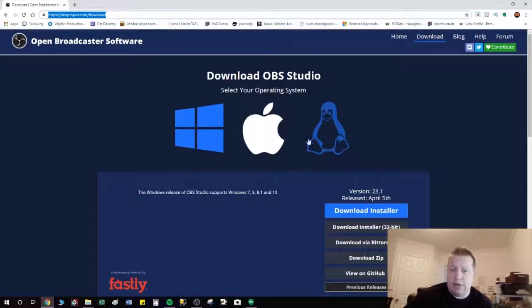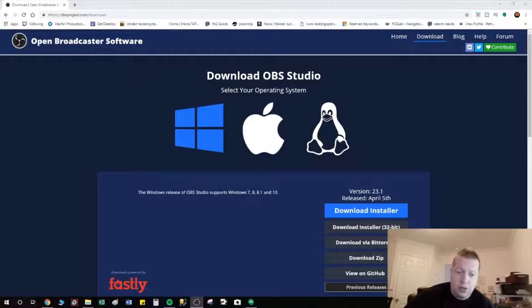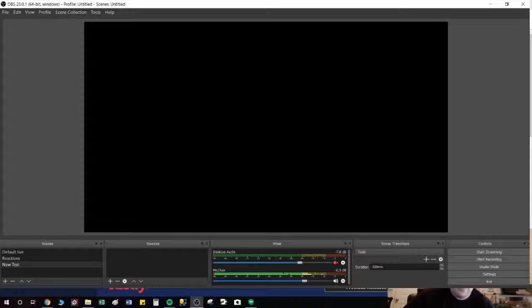So you just want to download it for your client. Once you get it downloaded, it's going to look something like this. It's going to be a blank slate. There's going to be a scenes box and a sources box. You're going to have your mixer for your different audios. You're going to have transitions if you want to do that, and then over on the right you have